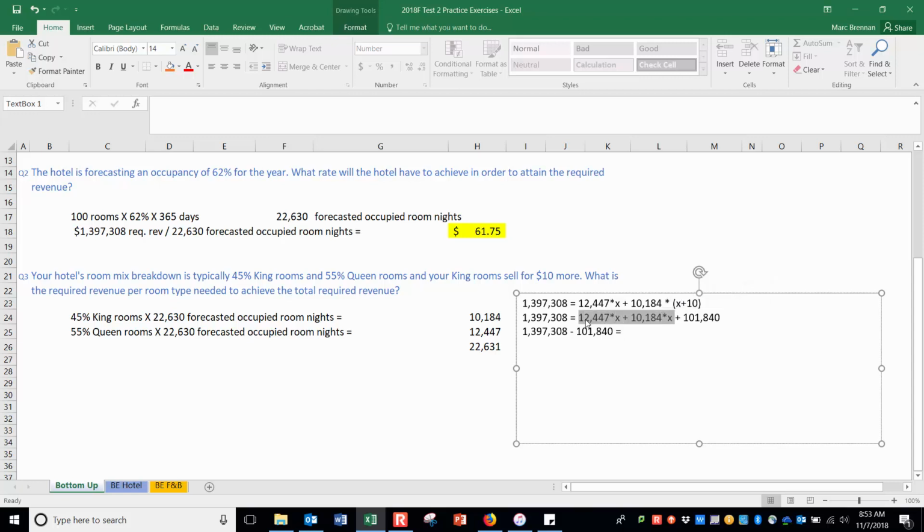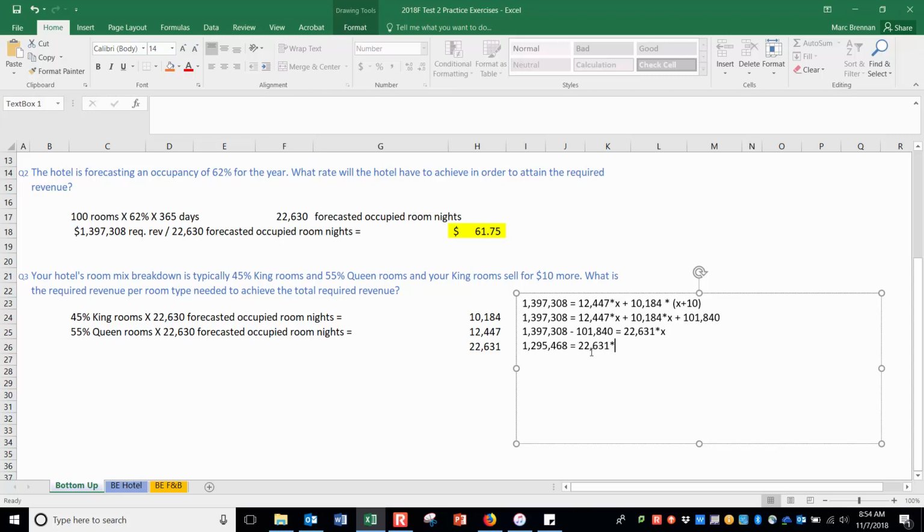At the same time, to save myself some time, I'm also going to be adding these two together. That's because I'm going 12,447 times X plus 10,184 times X. They're both being multiplied by X, so we can simply add these two numbers together and still multiply them by X. We'd get 22,631 times X. If I calculate just for this, I would get $1,295,468 equals